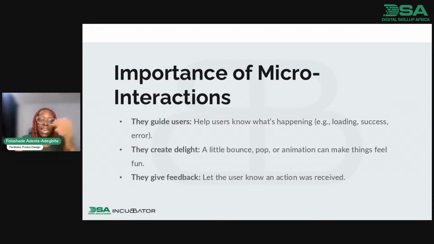So when I like that post, it shows me that, oh, this actually worked. Right?